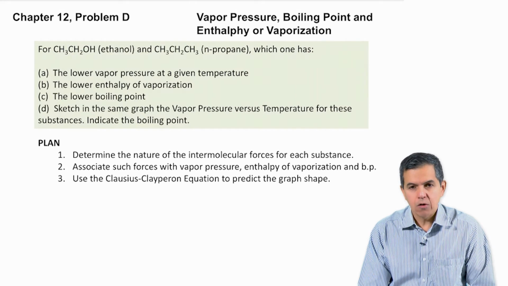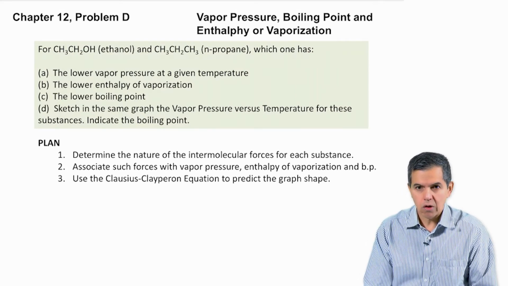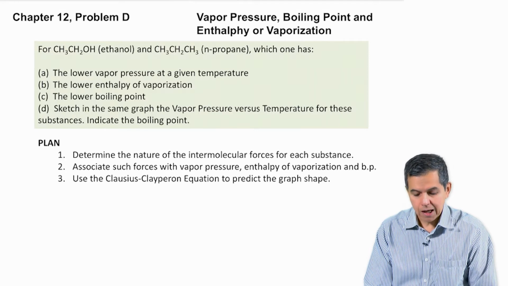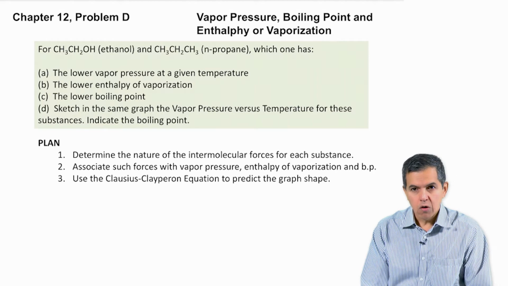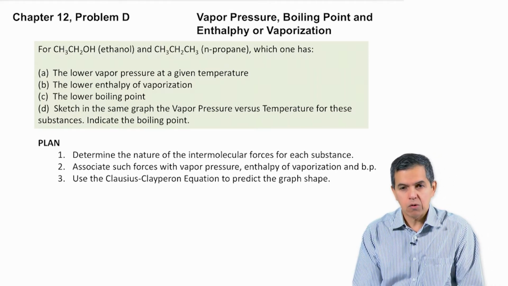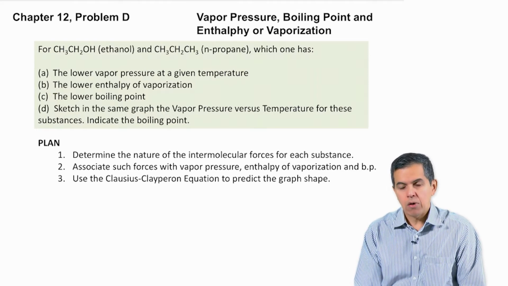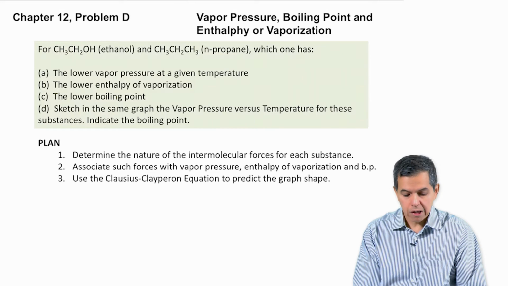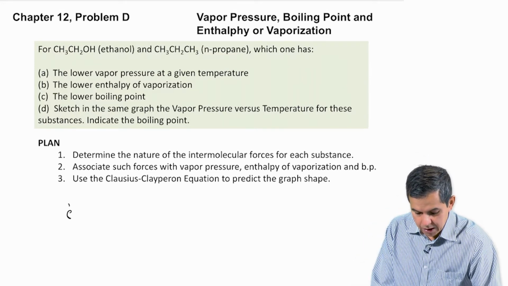And something I like doing when I'm solving these problems is to draw the structure in a so-called three-dimensional space so that I can understand the nature of the intermolecular forces, and also look at the types of components in the molecule, so it's possible to identify whether the molecule is going to be polar, non-polar, or hydrogen bonding, or not hydrogen bonding. So for ethanol, what we're going to have is